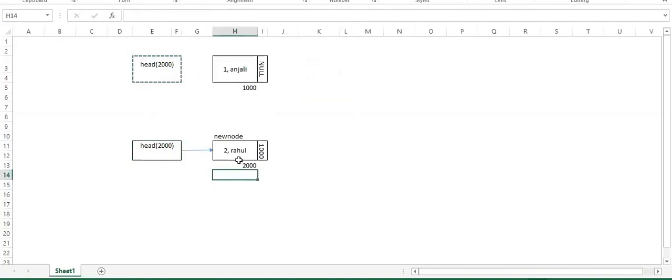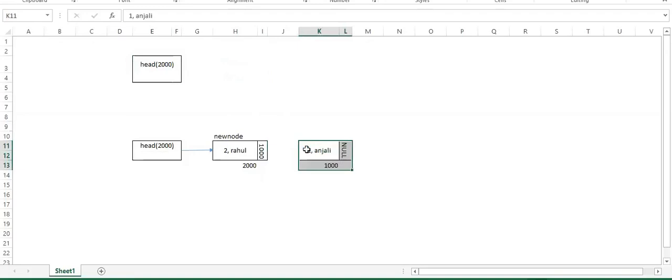Now what is this node having? What is the next portion of our new node having? It is having the address 1000. What it means? This particular node is supposed to be here. So this is how we have created two new nodes in our linked list. So this is how it is going to look after we have inserted two new nodes. Now if you observed here, the second node that we inserted is inserted at the beginning.